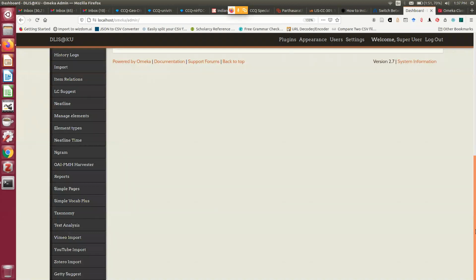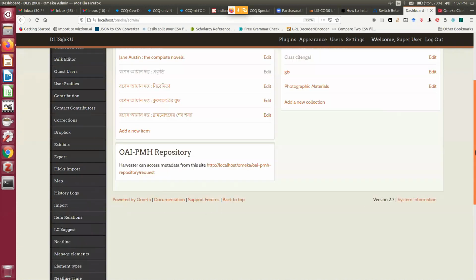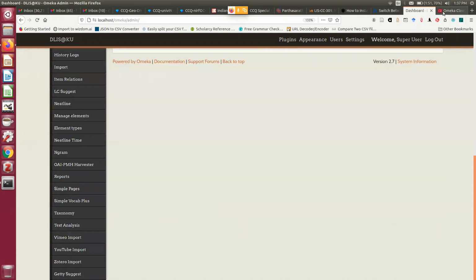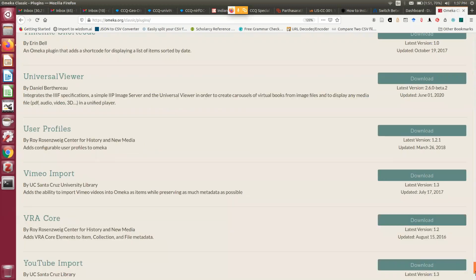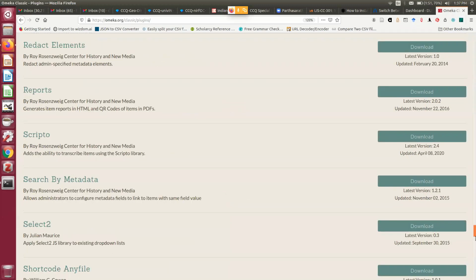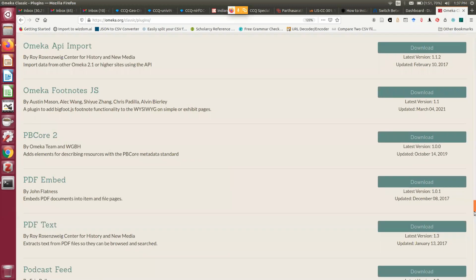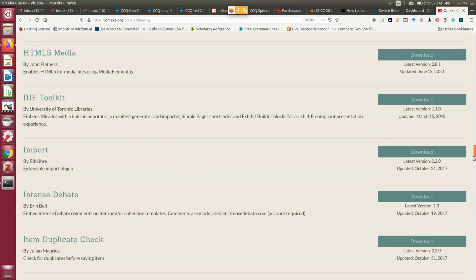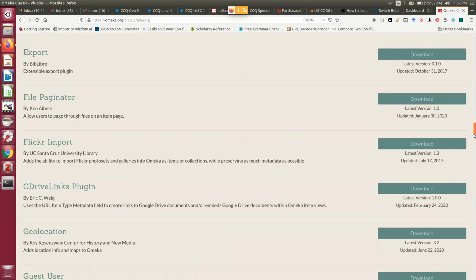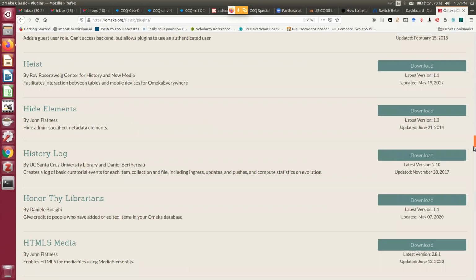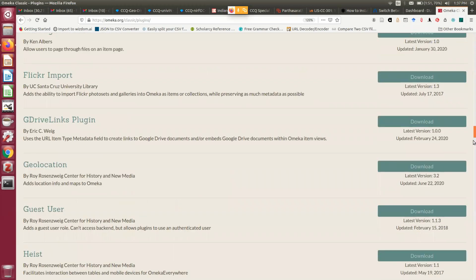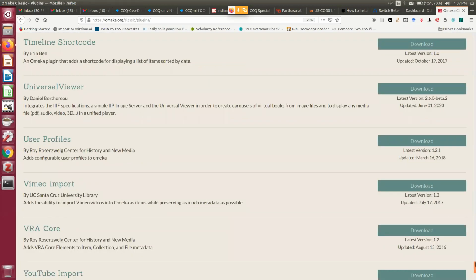Getty Suggest. Getty Suggest is also important. Getty Suggest, I have to withdraw it. It is here, it's all alphabetical. You can check A, B, C, D. Getty Suggest, they have withdrawn. Anyway, that was a good one.